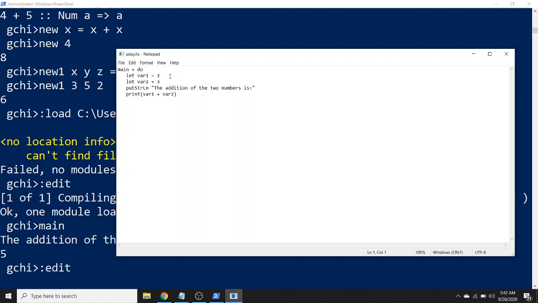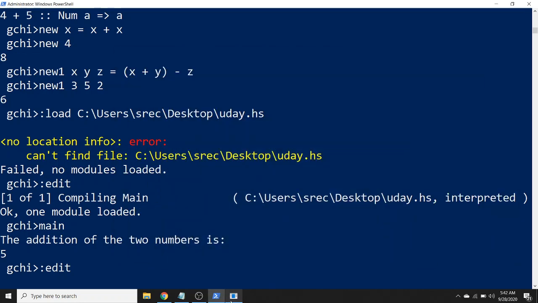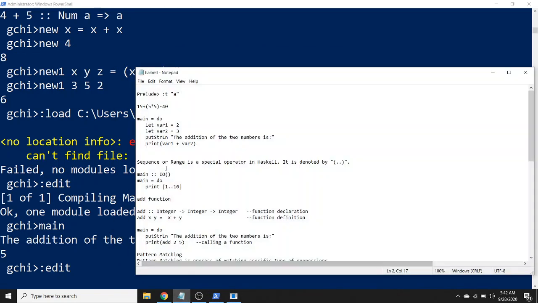We have given the values 2, 3, right? The addition of two numbers returns result 5, right? So like that we can execute simple Haskell scripts using Hugs.